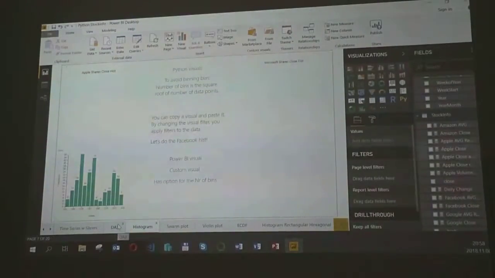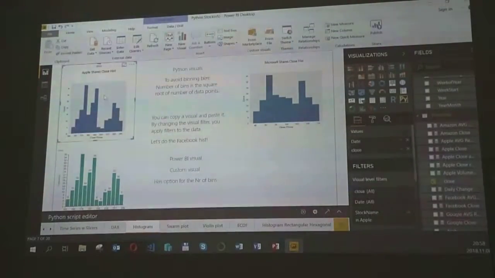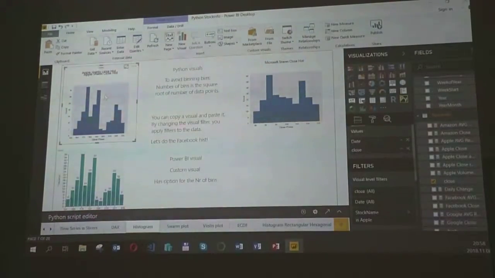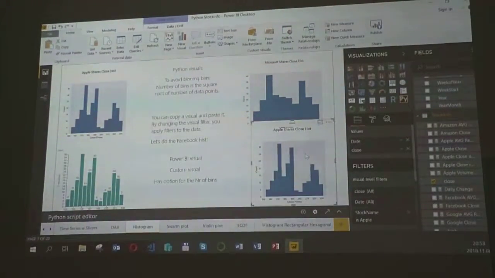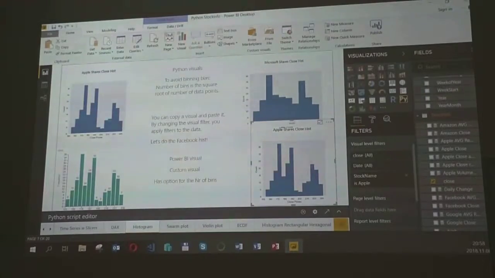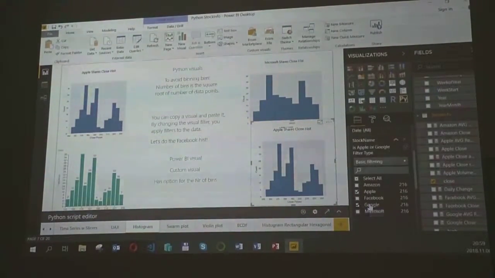Okay, and these histograms are very easy to copy and paste. I just did that, and I can just choose a different filter. I can say it's not about Apple, it's about Google.